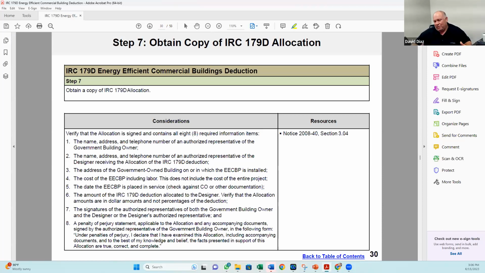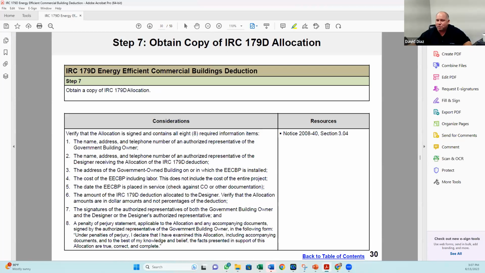So, if you've been on my previous presentations, I've gotten into that pretty deeply, where in order to achieve these new Inflation Reduction Act higher amounts, you can still claim a deduction and get a lower amount. But if you want the higher $5 a square foot, and that's what's attractive for you and moving the needle,